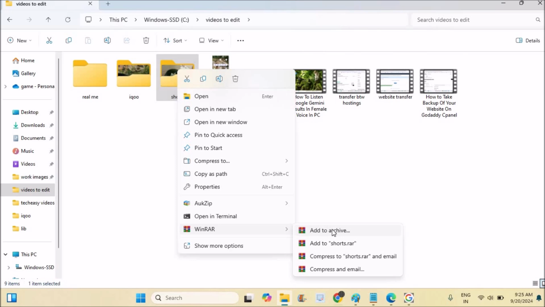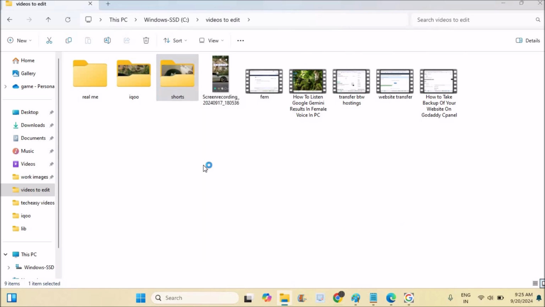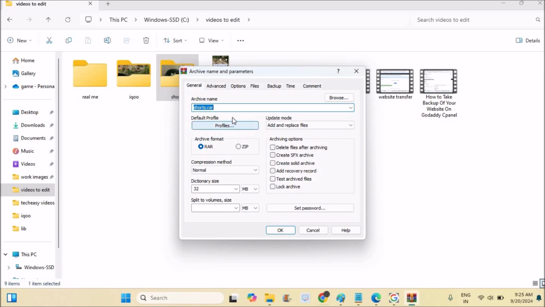So I can click on archive. I can click on shots.rar. I can compress this. For example, if I choose this option, immediately the rar file will be created. Or if you want to create this folder in rar, it is okay, but if you want to zip this folder, you can change the options. Then the folder will be converted into the zip conversion, and you can choose between these options,